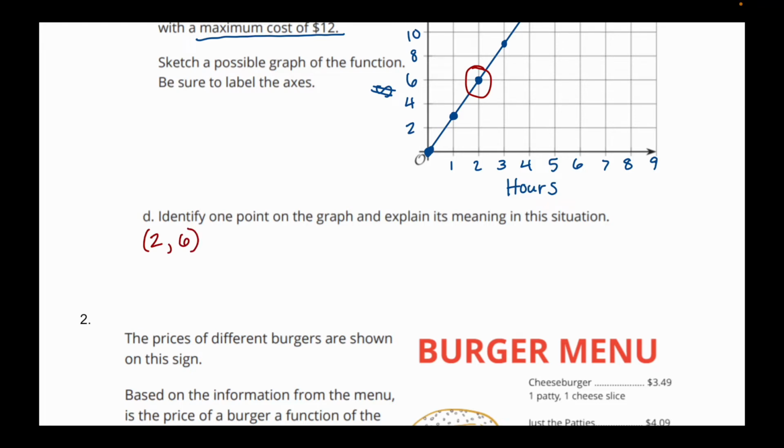Now, I chose that my horizontal axis was hours because that's my input. So that 2, that represents hours. And my 6 represents dollars. They just want me to write this in a sentence. So,